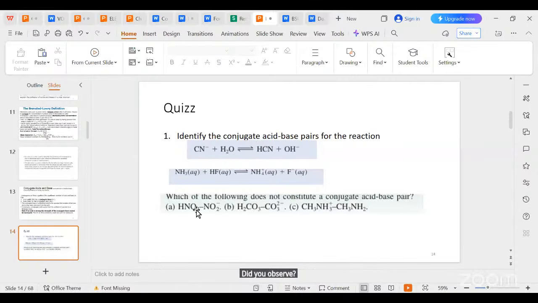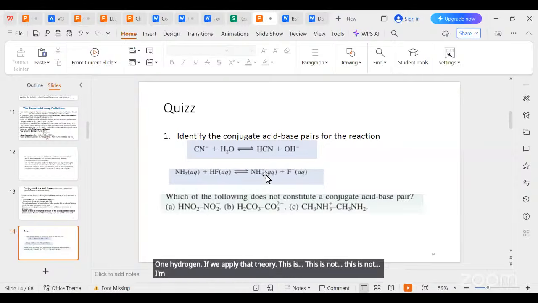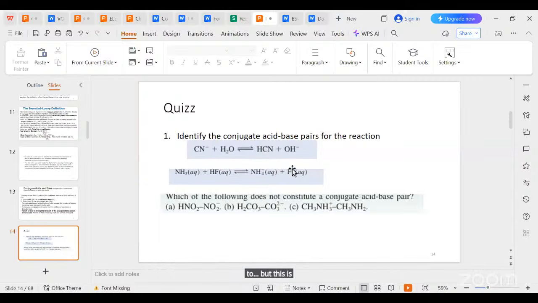So 1 hydrogen, 1 hydrogen. If we apply that theory, this is not. I'm trying to look for a simple formula for you, but it's not always the case. But what you observe is that you always